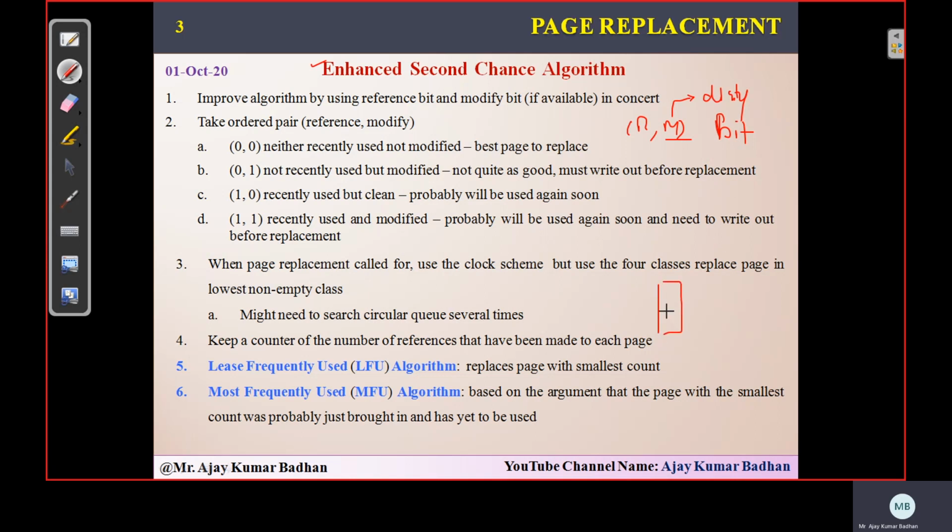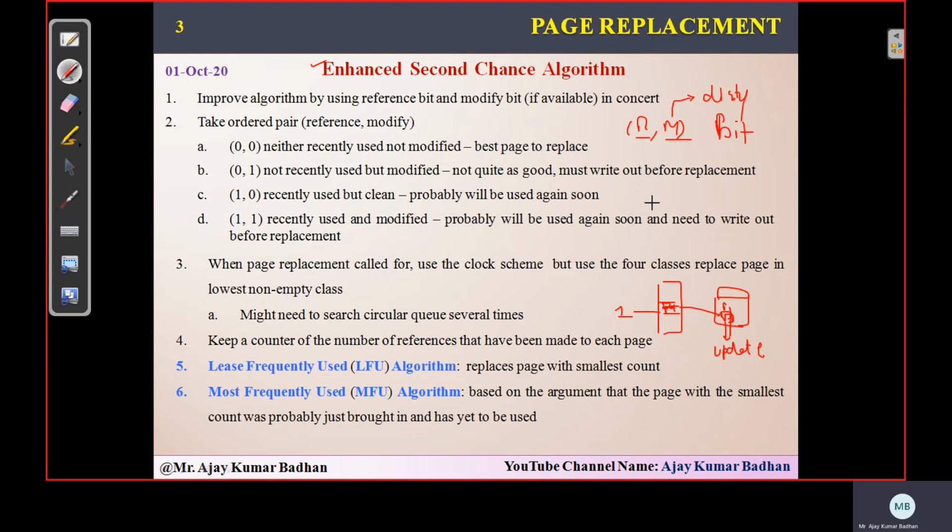For example, we have a RAM here and we have page 1 here. If the modify bit is set to 1, that indicates that this particular page is modified. Now, whenever we want to remove this page, first we need to update the backing store location where this particular P1 is present. Once we have updated it, only then can we remove this page. That is what I mean by the modify bit.